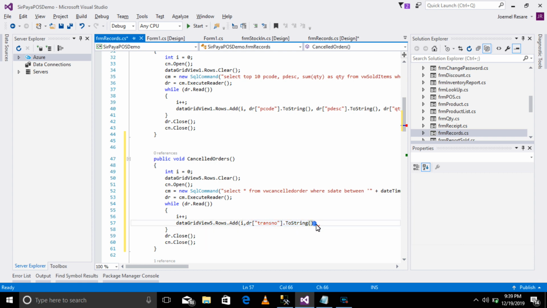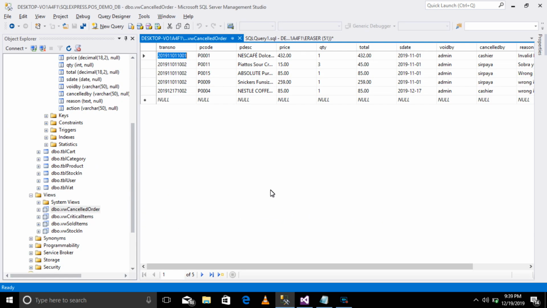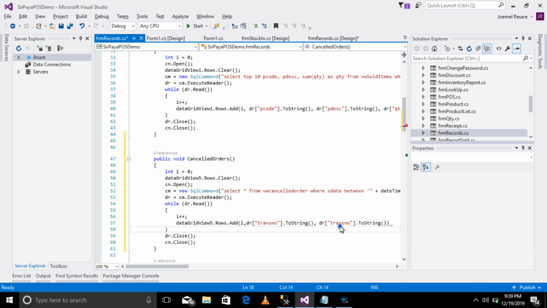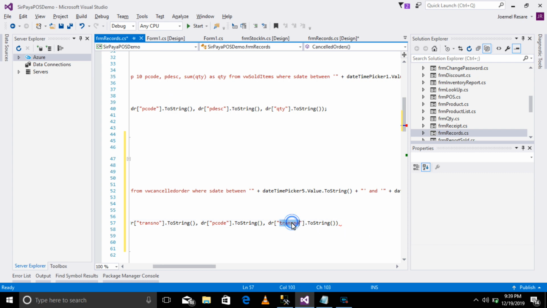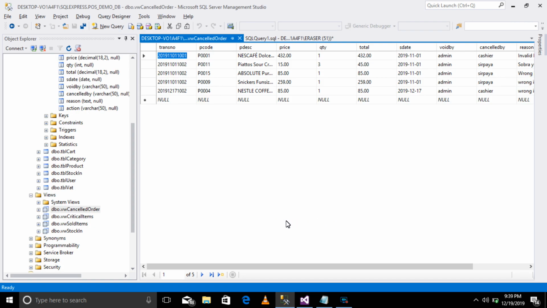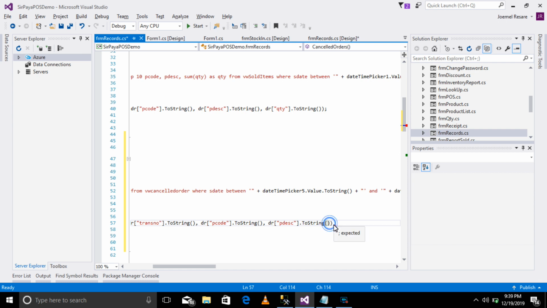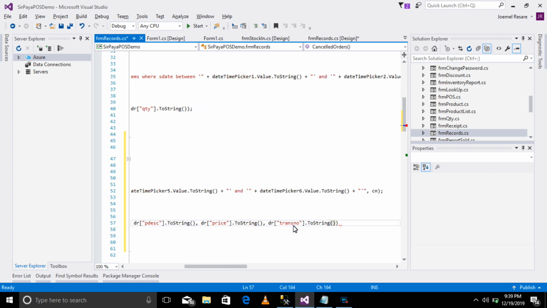The next kay trans no, add natin si pcode pdis, so this is pcode and of course this p description, then let me give the price, so price, the quantity, and then the total,